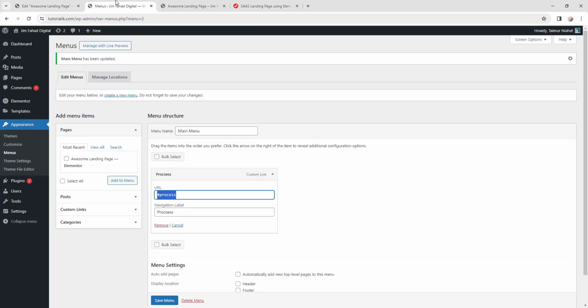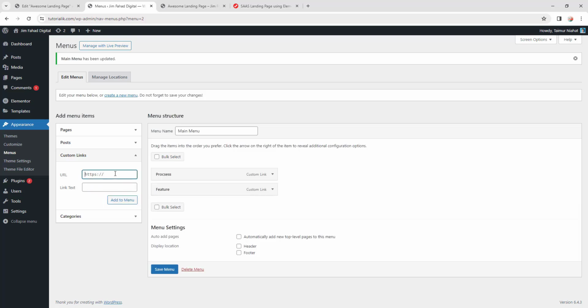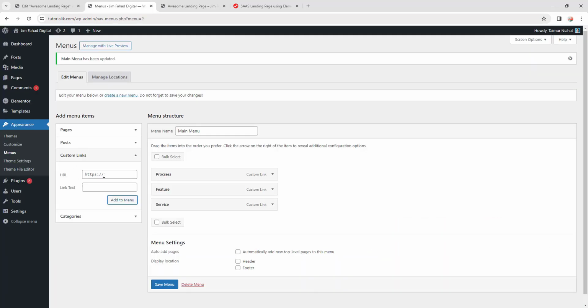Alright, now let's go to the menu in the dashboard, and from here let's keep adding the custom links. So next we have our features section. So here I'm gonna add feature with the hash, and in the text I'm gonna add feature, then add to menu, then another we have service section. So service and service, then we have the contact section. So contact with the hash, contact,